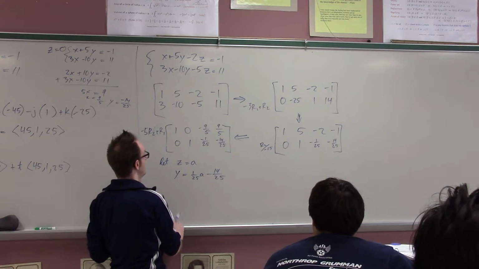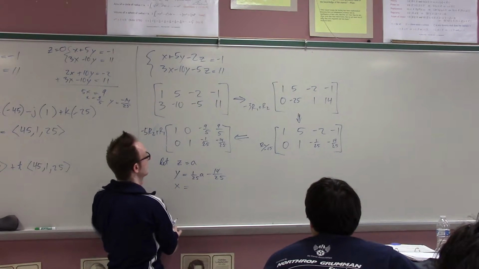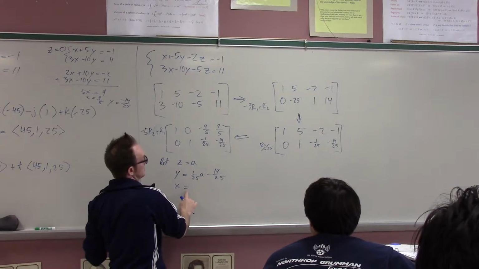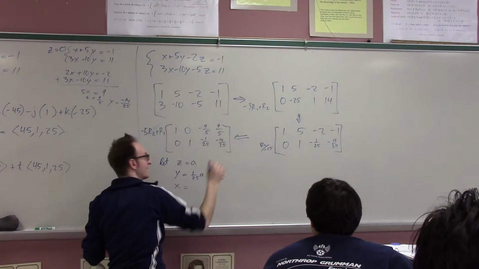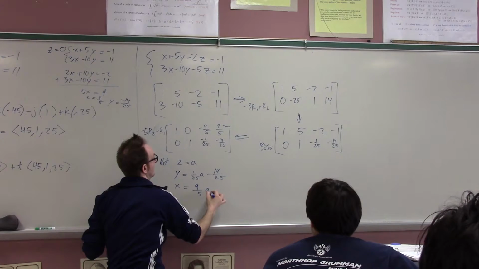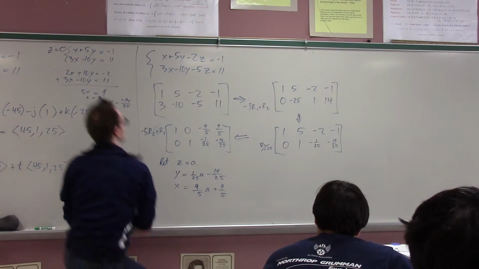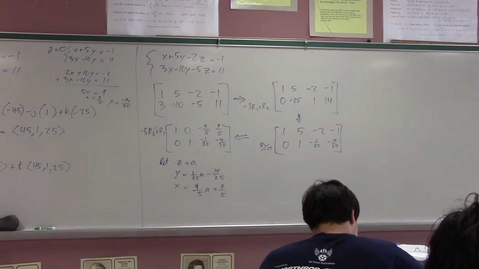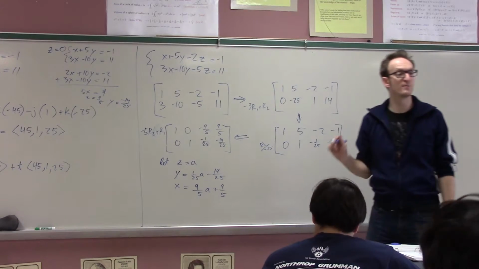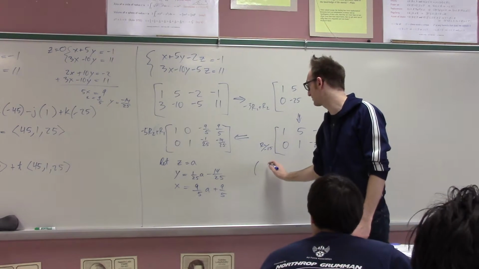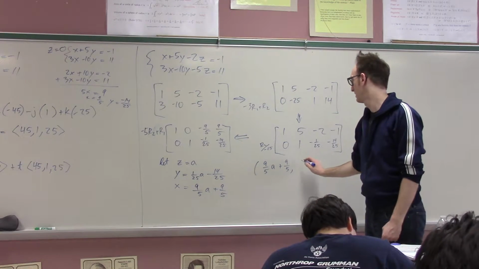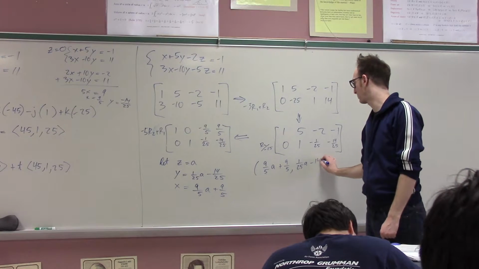Cool. And then x, and here's now the benefit of having put in the effort to make that 0. I don't actually have to do any work now, right? What's x? x is just, move that over, 9/5 A plus 9/5. Okay. So Gaussian elimination tells us that all of the points which satisfy both these planes are any point of the form 9/5 A plus 9/5, 1/25 A minus 14/25,